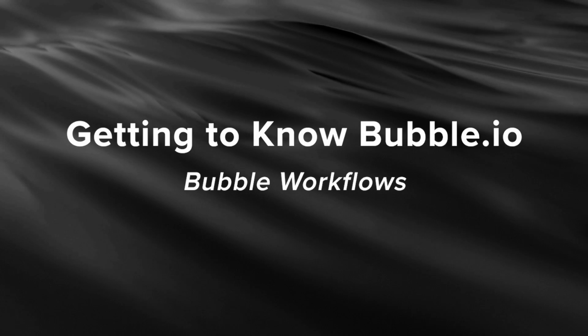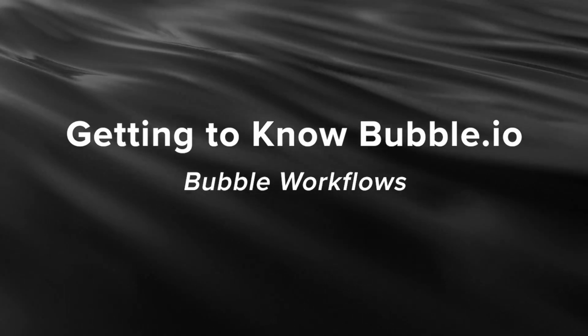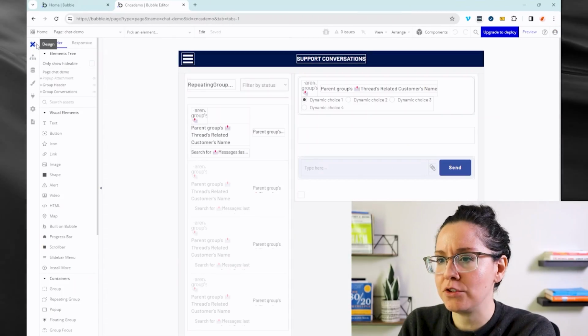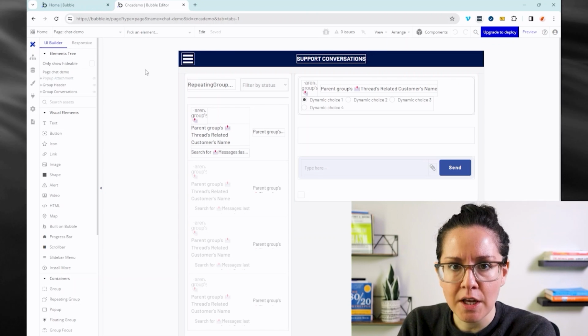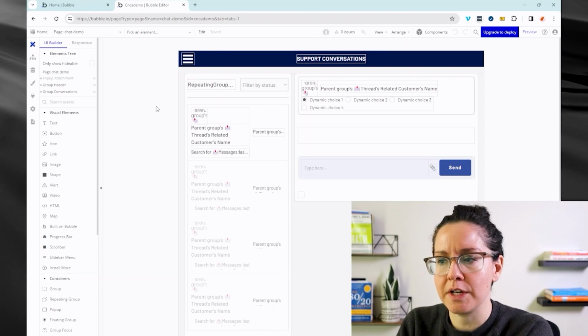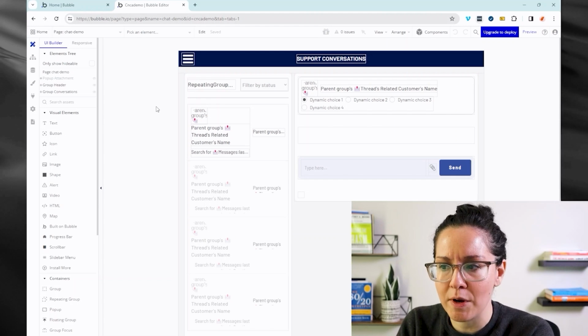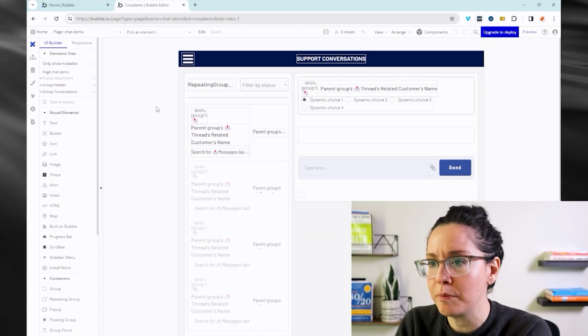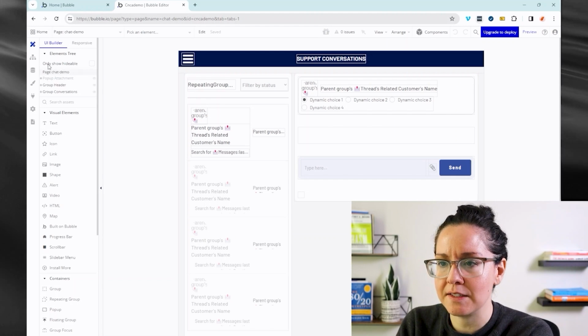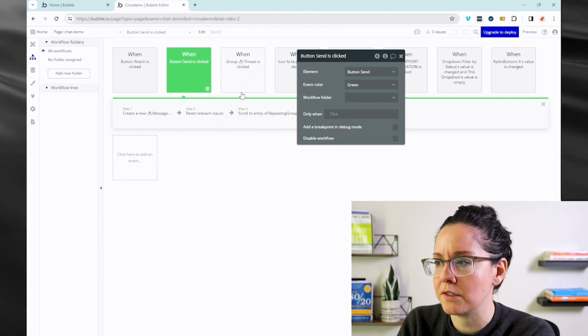All right, so now we're going to take a look at the workflow tab. I have switched over to a different page here where I actually have workflows in place to show you. This is a messaging type of feature here where a user can send a message to other people, whether a one-to-one or a group type of chat. So we have that design there. And in the workflows, we've got a few things to make this